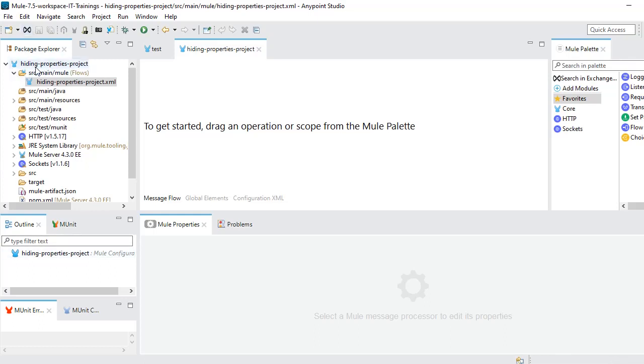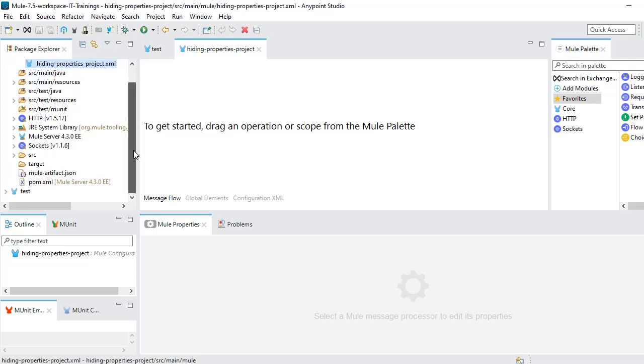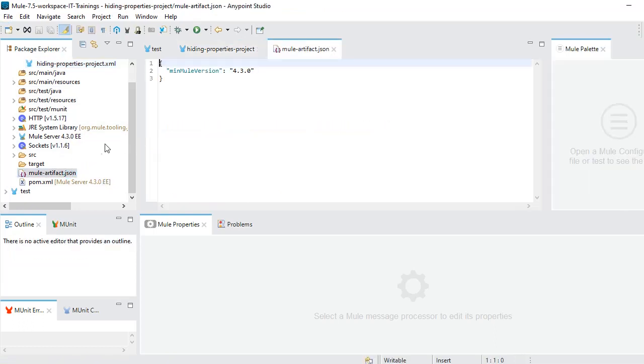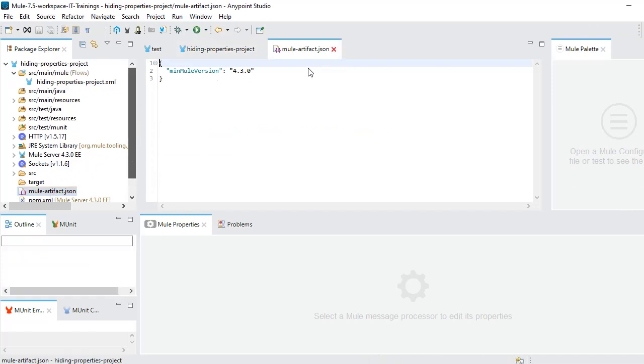See, once we create any project in Mule 4, especially in Anypoint Studio 7, it will by default create one pom.xml and one mule-artifact.json file for each and every application. This is the file we are going to use to mask our properties. Keep this file name in mind, but for now just close it.